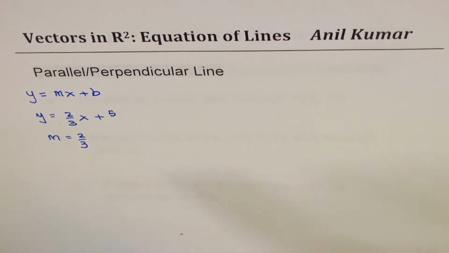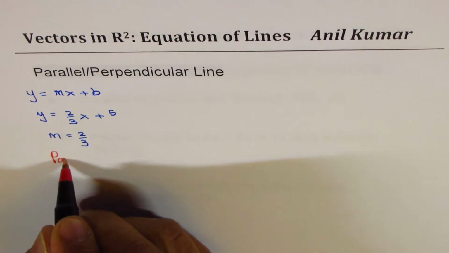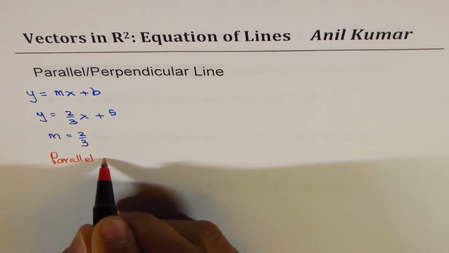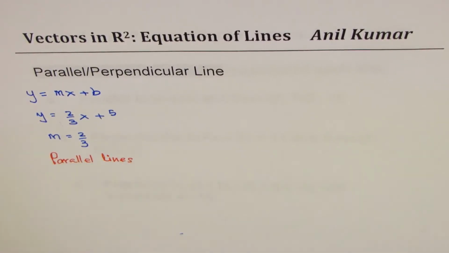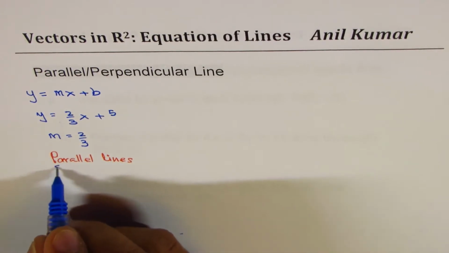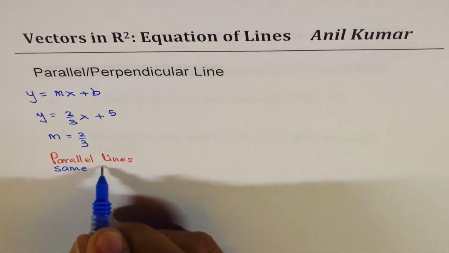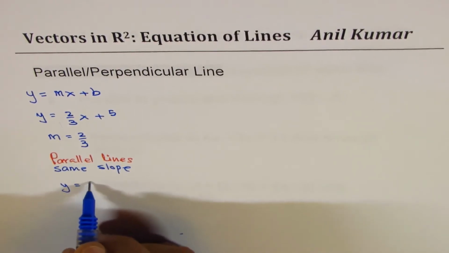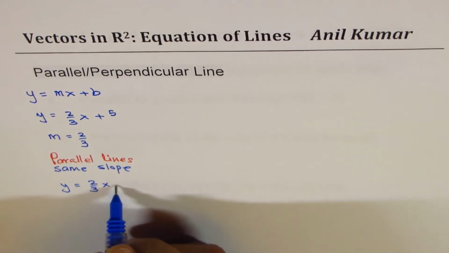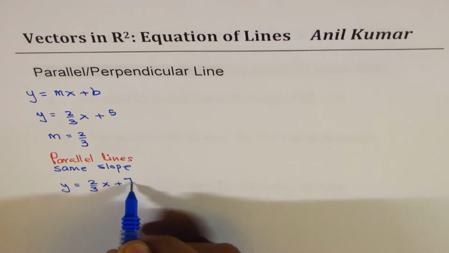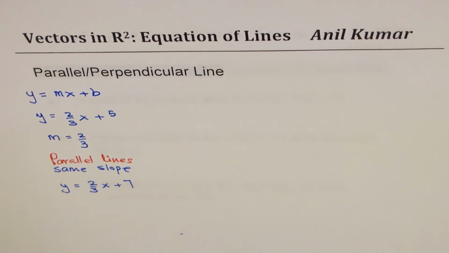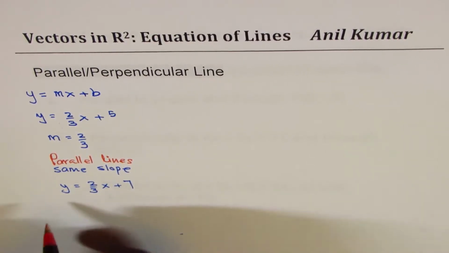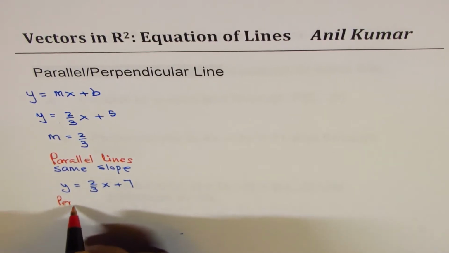Now for parallel lines, slope is the same, right? Parallel lines have the same slope. So if I write the equation as y = 2/3 x + something else, let's say 7, the lines are parallel, correct? As far as perpendicular lines are concerned,